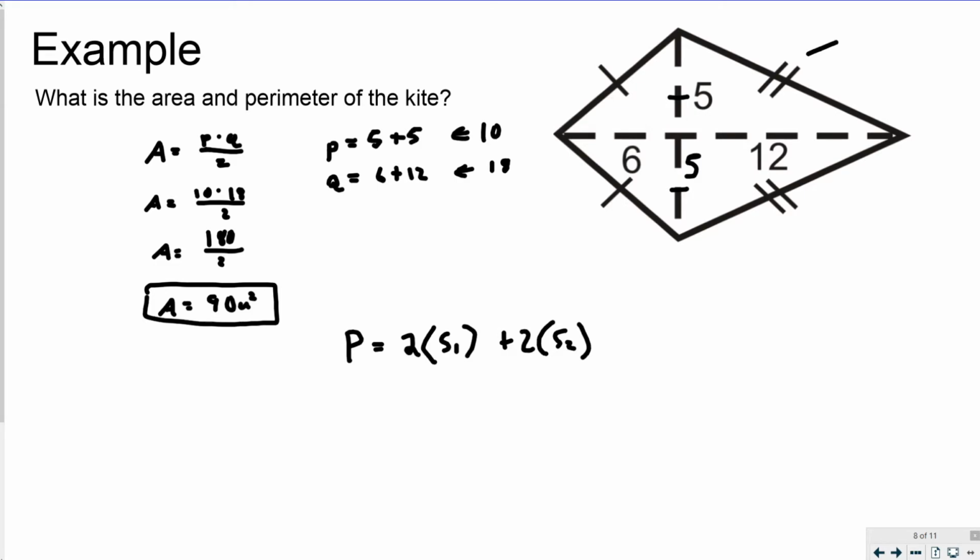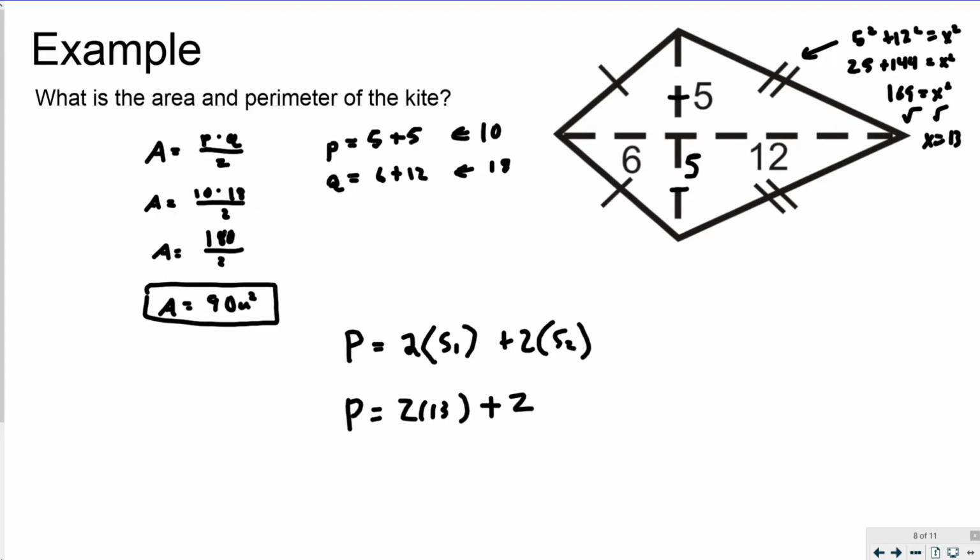So to calculate this one here, it's going to be 5 squared plus 12 squared equals, we'll call it x squared. We've seen 5 and 12 before. 5 squared is 25. 12 squared is 144 equals x squared. So I get 169 equals x squared. So the square root of that is that x equals 13. So I can put a 13 into my perimeter formula. So 2 times 13